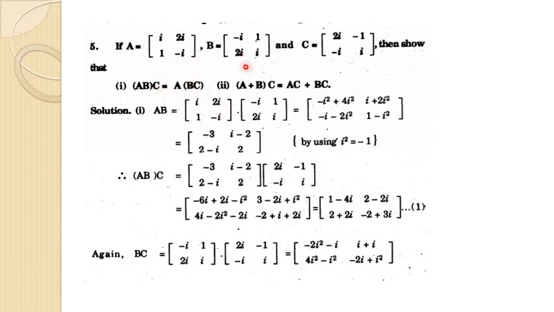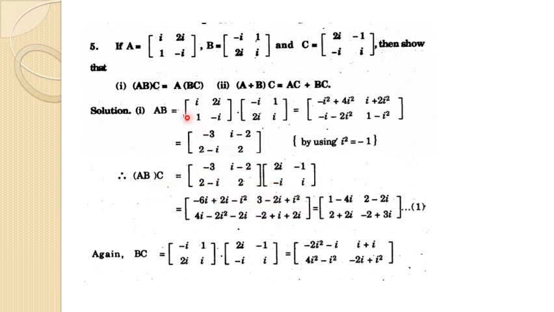Now you can see that if you multiply these two matrices, 1 times minus iota is minus iota square, 2 iota multiplied by 2 iota is 4 iota square, iota times 1 is iota, 2 iota multiplied by iota is 2 iota square, and same as. So you can get this value. How? Because what is the value of iota square? -1. Okay, so -1 -4 and -4 plus 1 is -3, you can get it. Now this is the answer of AB. Then you can multiply with C. Again the same process, multiplication, because multiplication is very important.